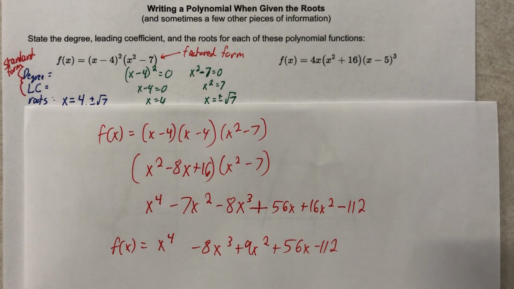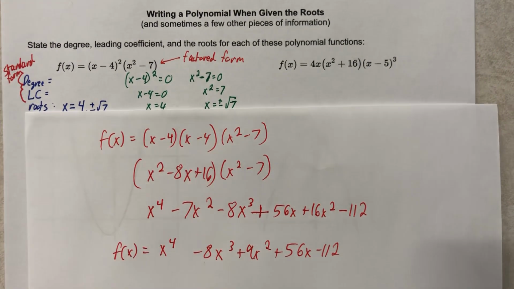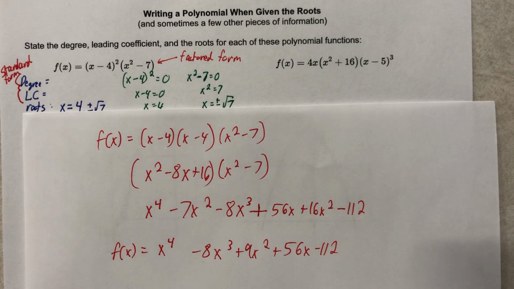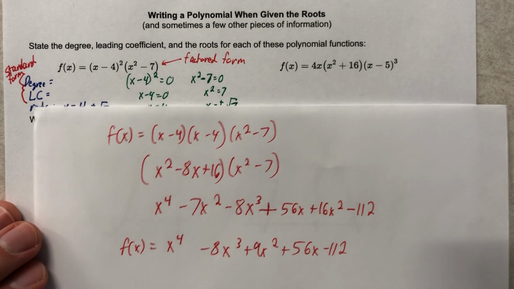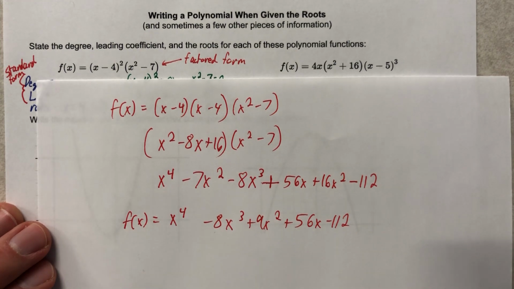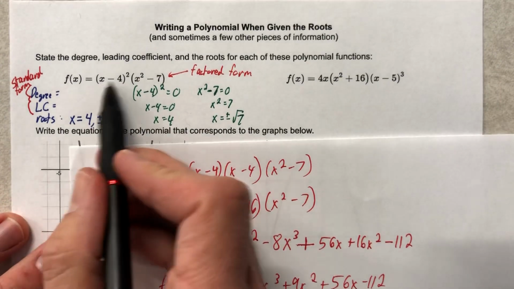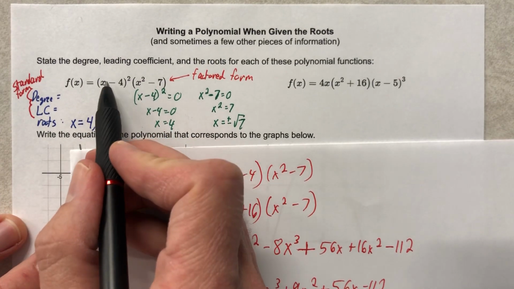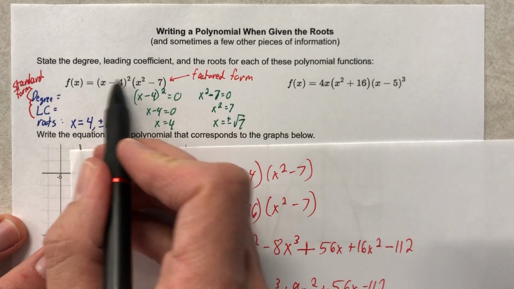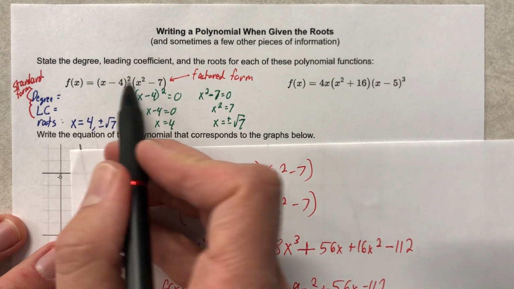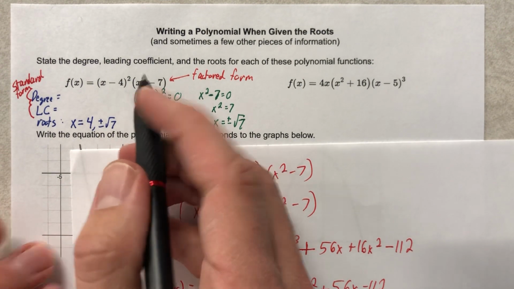So now we can actually answer the question of the degree and the leading coefficient. So your question probably is, do I have to do this every time? No, actually. I'm going to show you a shortcut-ish looking thing. And again, this is not necessary every time. The degree is 4, and we could have found that from the very beginning by saying, oh, I have x squared here, and I have x squared here, and therefore,